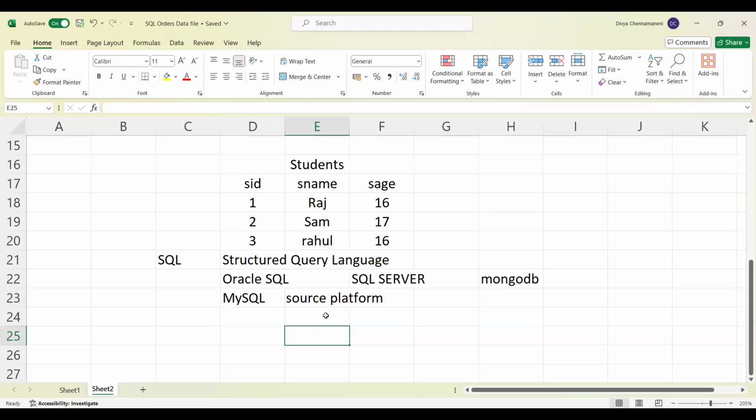If we talk about companies that maintain MySQL databases, they don't need to pay much to maintain those databases. With SQL Server, they need to make some payment to maintain that server. So as MySQL is free, most companies, even startups and big companies, prefer to use MySQL nowadays. Previously, we didn't have MySQL. We had Oracle SQL and SQL Server.